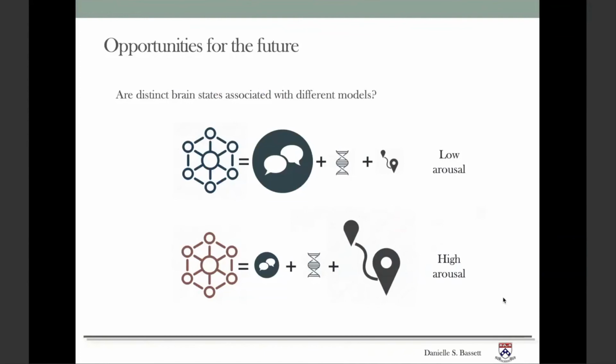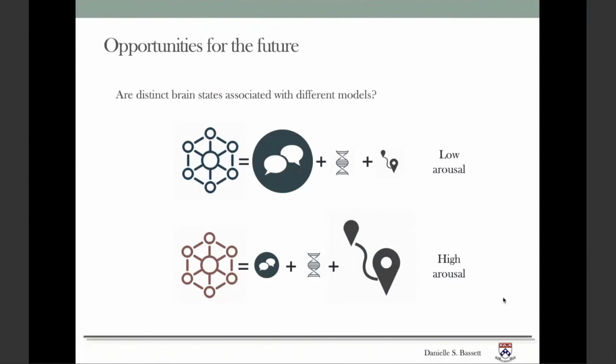Particularly in high arousal states, I would predict that direct routes along white matter structure are going to be very important. And in low arousal states, those direct connections may be less important, and we may see a lot more happening along indirect pathways, similar to what the search information is able to provide. We have some preliminary data supporting this notion, but we need to do a bit more to